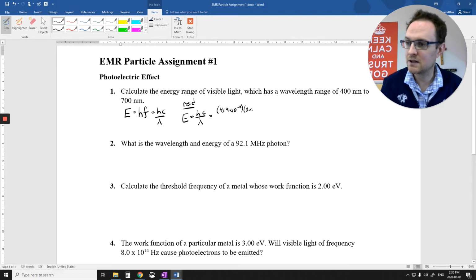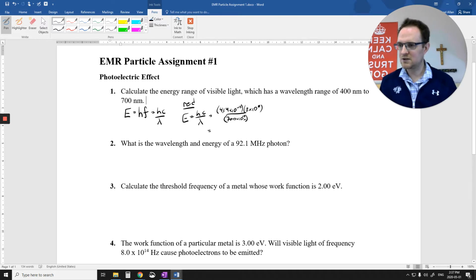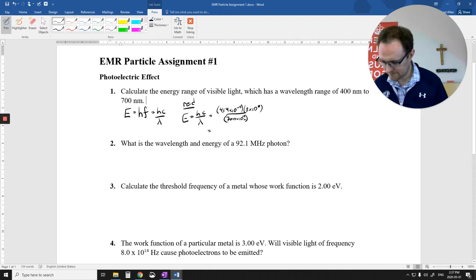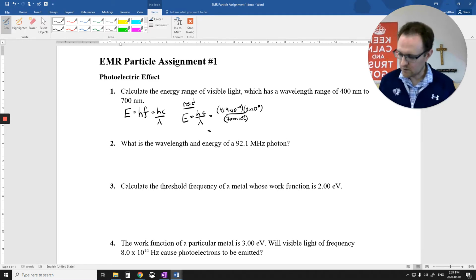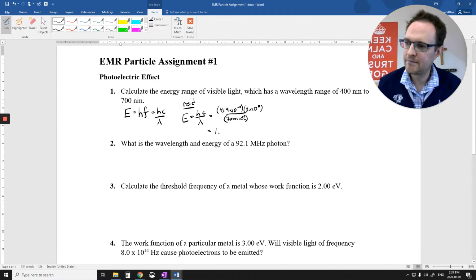I'm going to use the speed of light, obviously. It's 3 times 10 to the 8. And I'm going to divide by my nanometers. So this is the red one we're doing first, so 700 nanometers. So I'm going to change that into meters. And I'm just going to punch this in my calculator and see what we've got. 1.77